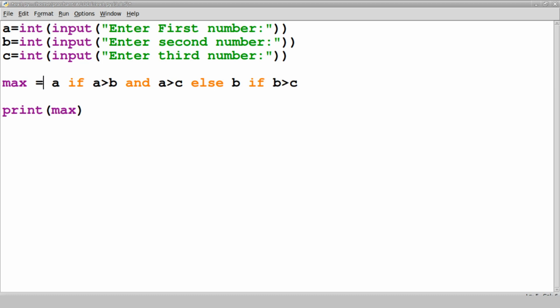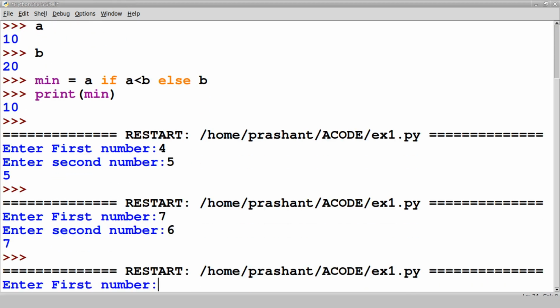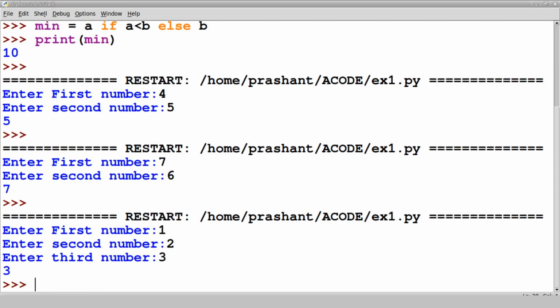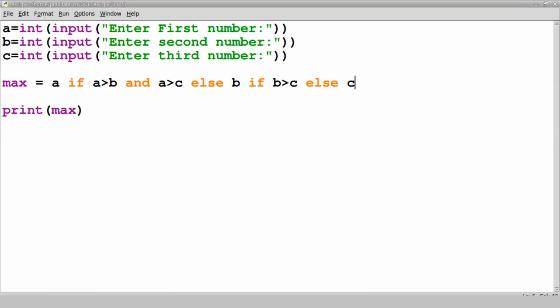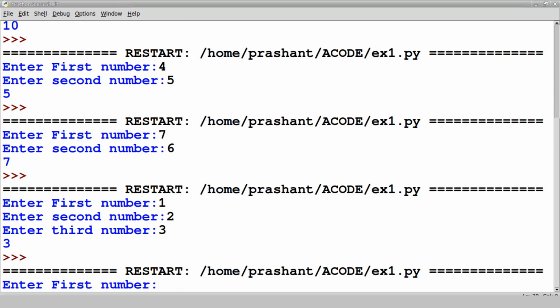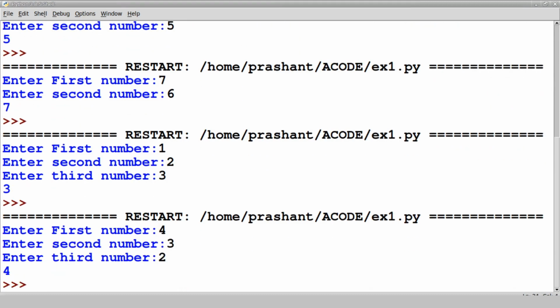Then else the value will be c. Run this program. So 1 2 3, again try to run this program, 4 3 2. So it is working. So this is called the ternary operator, which we can use as a single-line conditional expression.